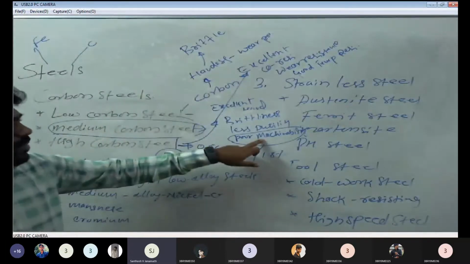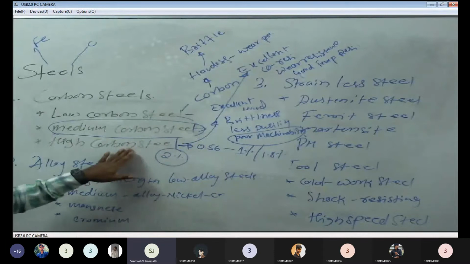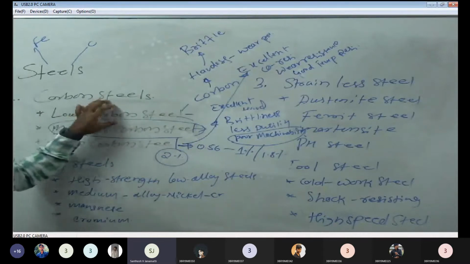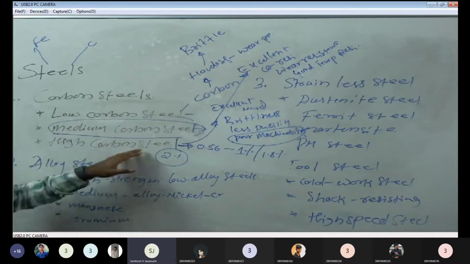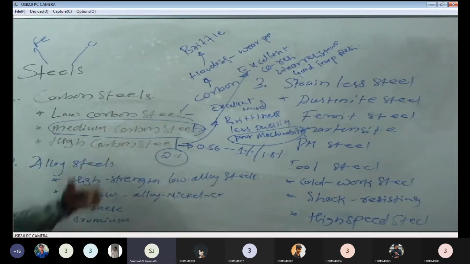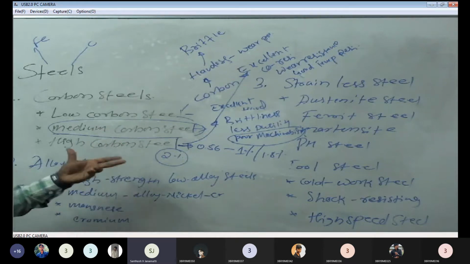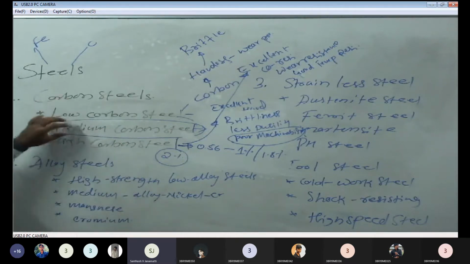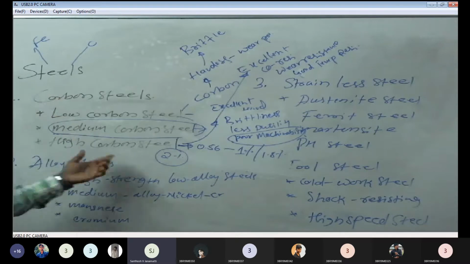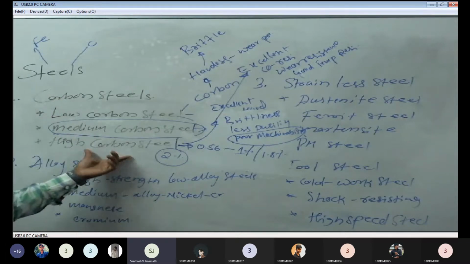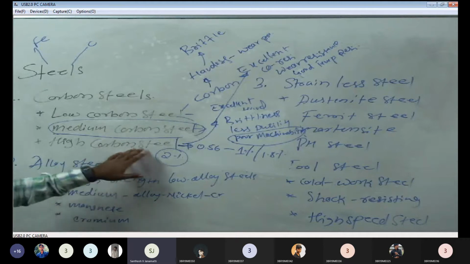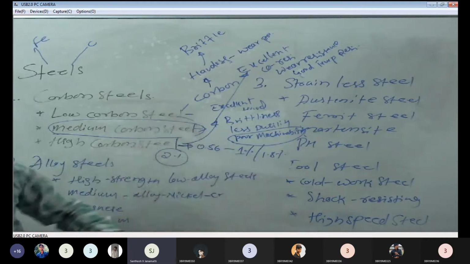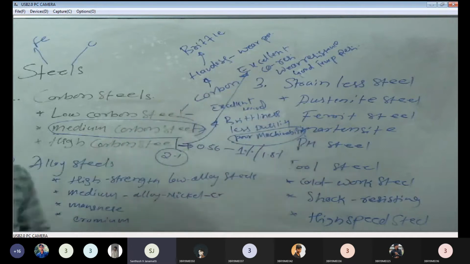Coming to this one, poor machinability means it is not suitable for industrial applications, for domestic applications, as well as locomotive and other applications. But then because this is quite brittle and hard, how can I utilize these high carbon steels, sir? Their applications are very restricted. Then you can use these kinds of steels only for coating purposes or making tools.